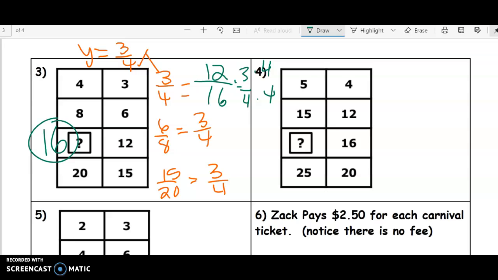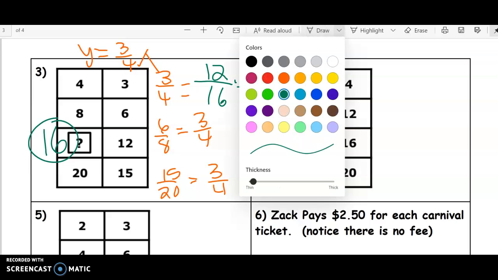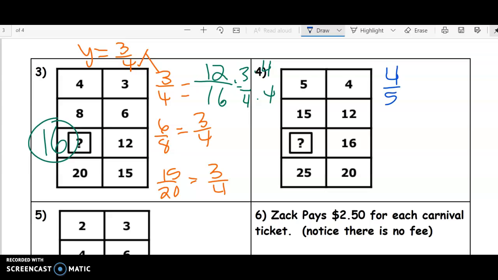On the next one, we're still finding missing values, and we are doing 4/5 simplified. 12 over 15 equals... ooh, sorry, does not. It equals 4/5. 20 over 25 equals 4/5. That is a proportional relationship. And so I would have y equals